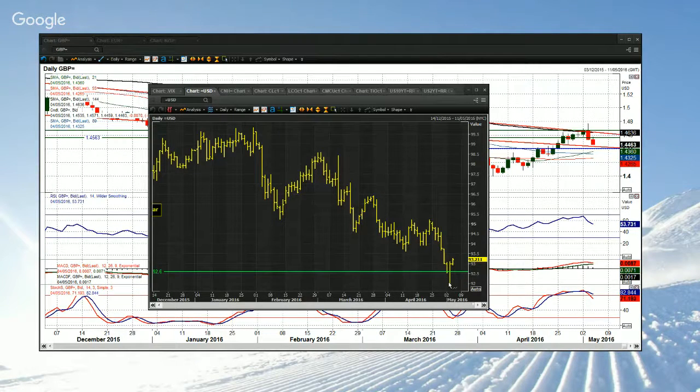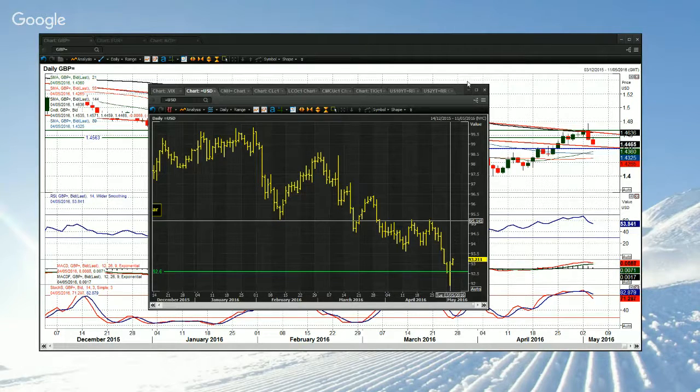The argument being, was that a false downside break? And you could now see an unwinding. On that dollar index, where would you see that unwind to? Well, I think 95.15 is a pretty good level, pretty pivotal. So you could see a fairly reasonable-sized bit of correction on the dollar on these charts.